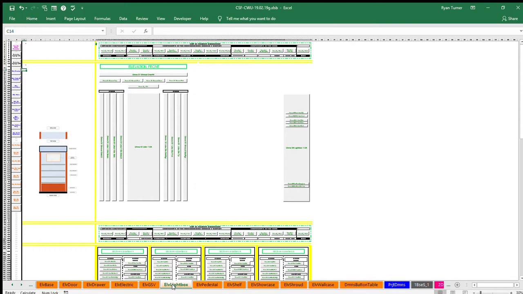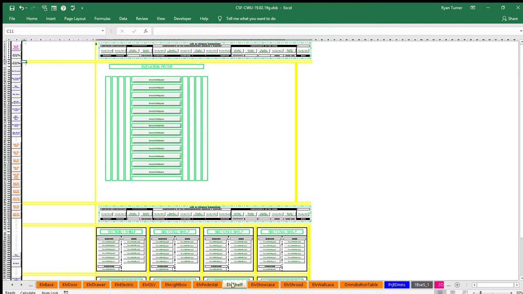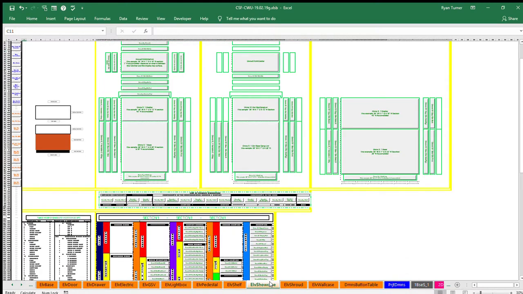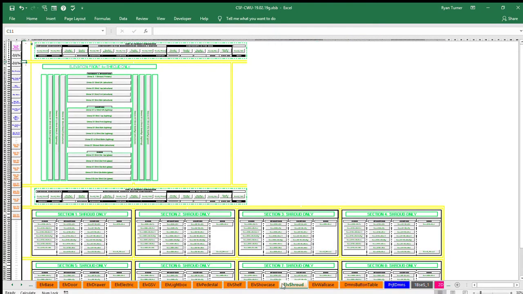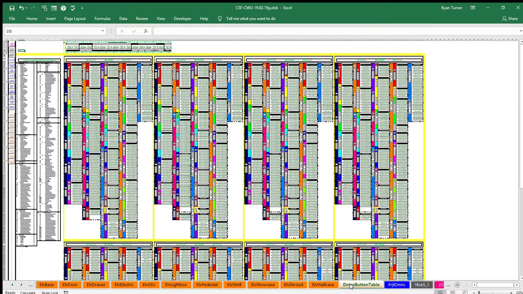Elevation light box. Tab name is ELVLIGHTBOX. Elevation pedestal. Tab name is ELVPEDESTAL. Elevation shelf. Tab name is ELVSHELF. Elevation showcase. Tab name is ELVSHOWCASE. Elevation shroud. Tab name is ELVSHROD. Elevation wall case. Tab name is ELVWALLCASE. Dimensions buttons table. Tab name is